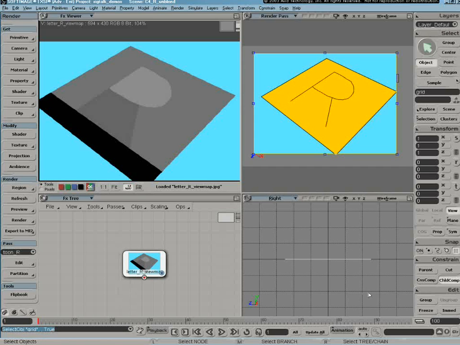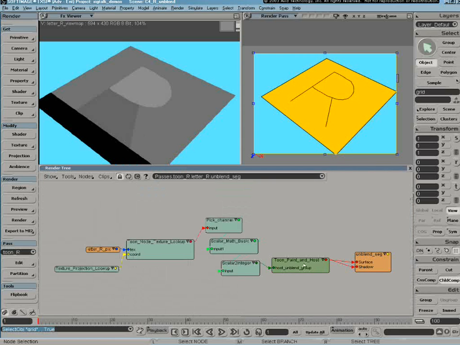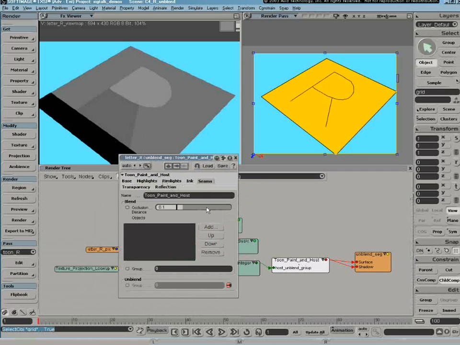Now, to take the idea of blending and unblending a step further, what I've done here is I've plugged a texture map into the unblend port. Let's take a look at the render tree here for a second. And if I look at the Seams tab under the host node, you'll notice that the unblend port is actually